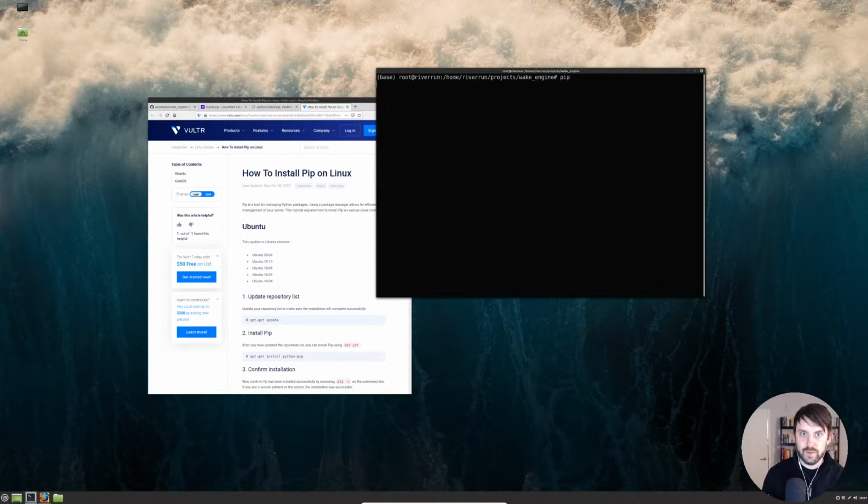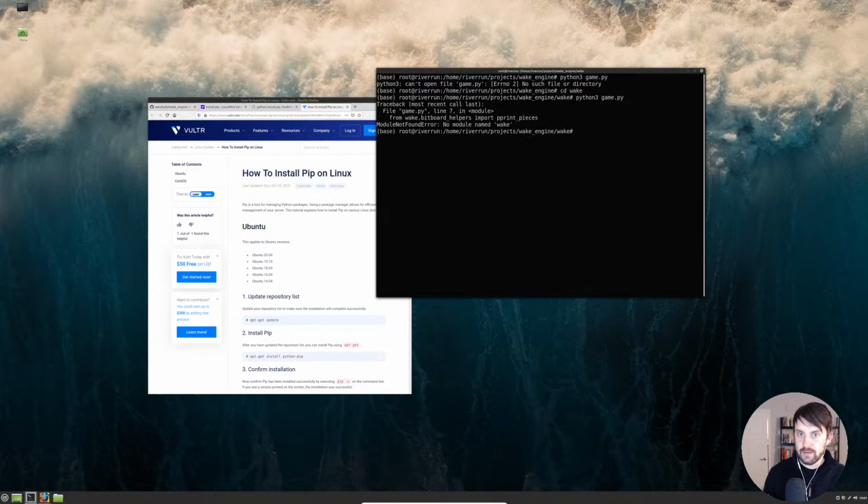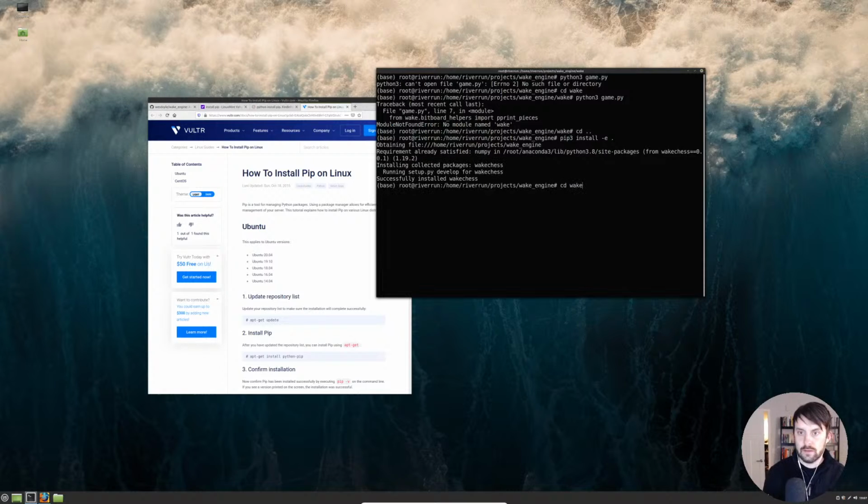I wonder if I have pip here. I do have pip here. Alright, so what if we just python3 game.py here. No such file or directory. cd into wake. python3 game.py. No module named this, so we'll try pip3 install -e dot. Okay, finally.